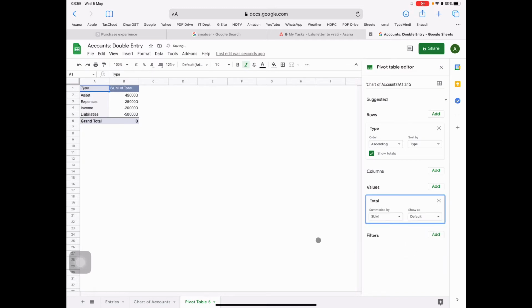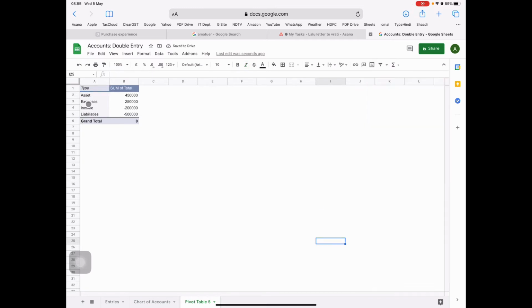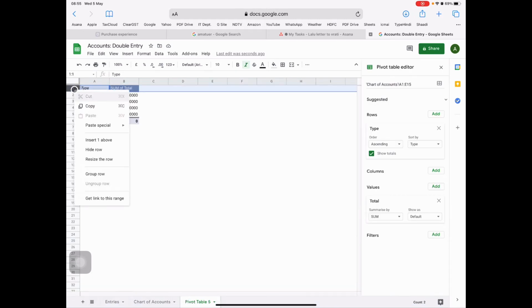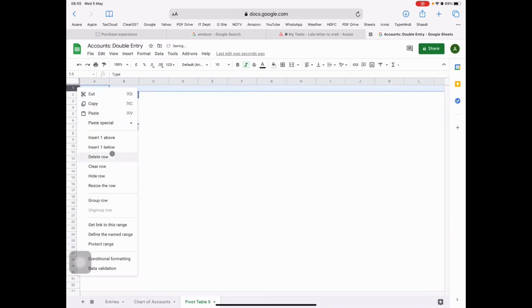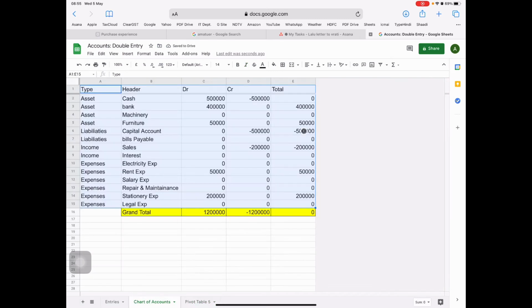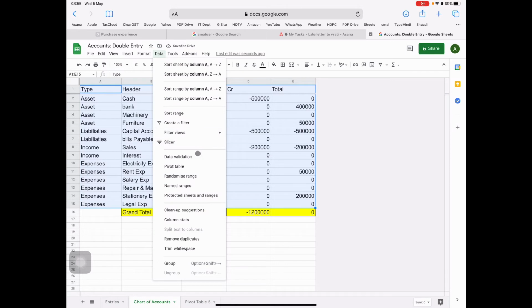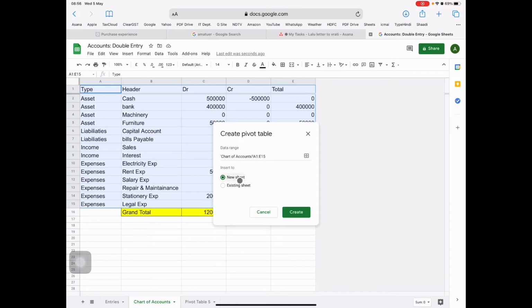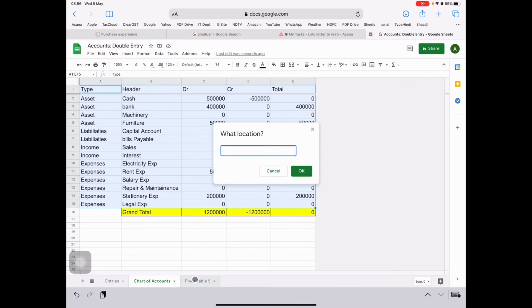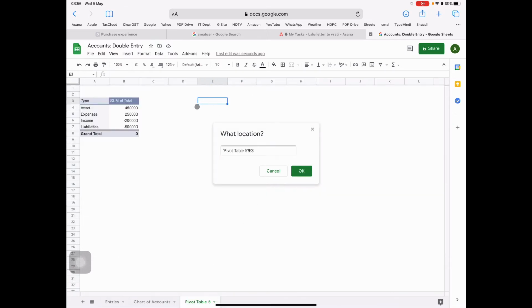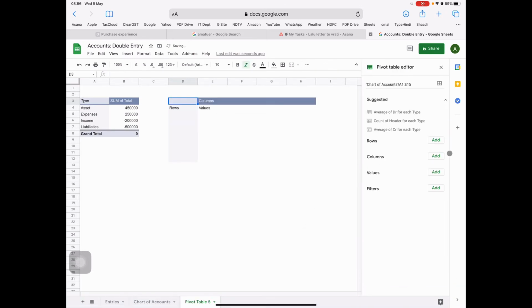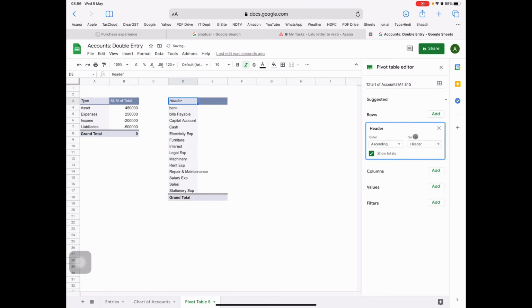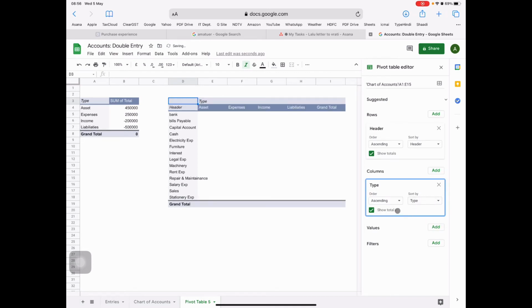Now I am going to make the profit and loss statement using the same relevance. I am putting a pivot table in the existing sheet. For the profit and loss part, we will use type as columns and headers as rows. And for the values part, we will use the total amount. And for the filter part, I will use the type because I want to see only the income and expenses, from where we will find out our profit or loss.